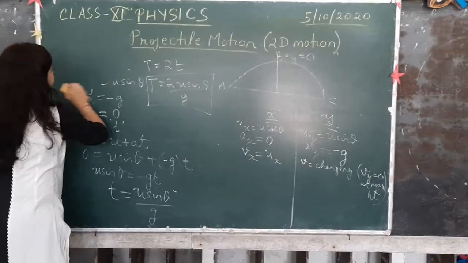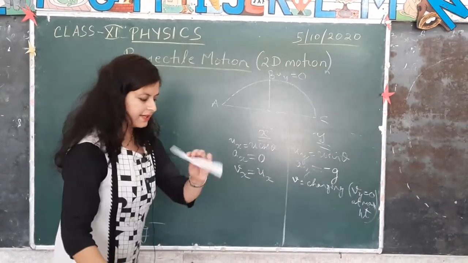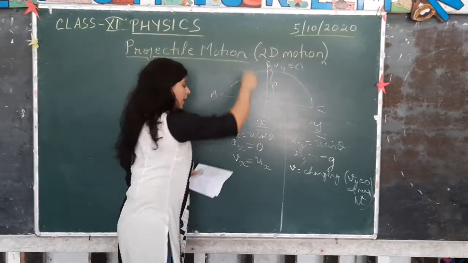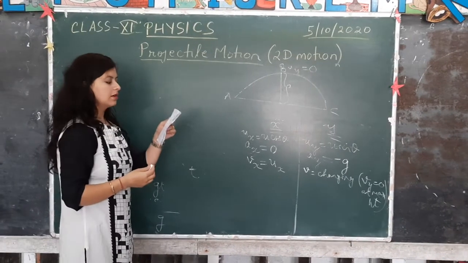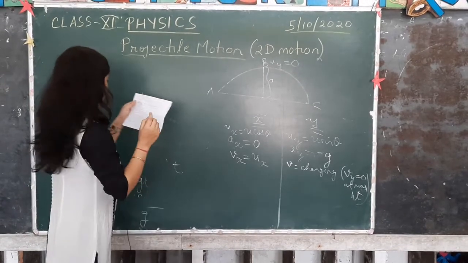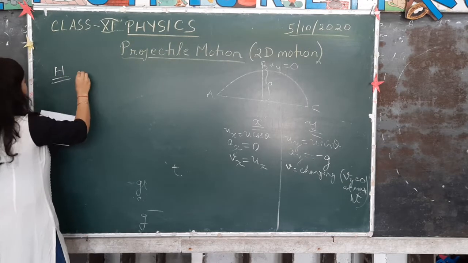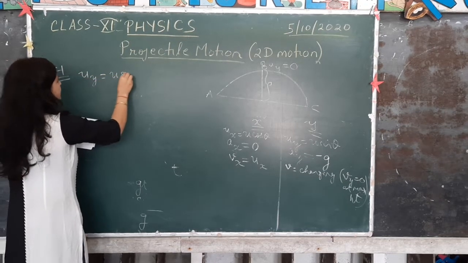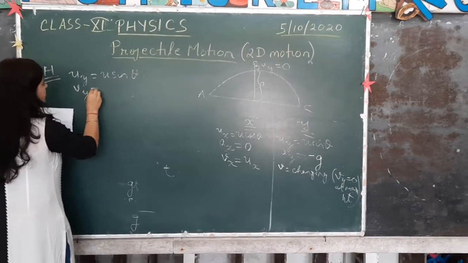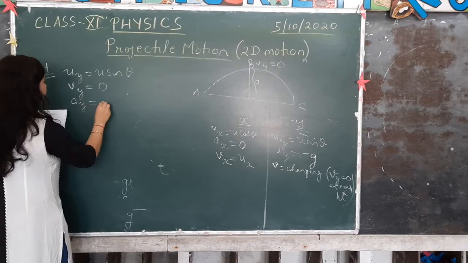Alright. Now we will quickly move on to the second term. The second term that we have to calculate is maximum height. So we need to calculate displacement along the y direction now. So again we have to take motion along the y direction, from A to B again. Now maximum height h. Again initial velocity is equal to u sine theta. We are taking the vertical direction here. Velocity at the maximum height, that is B, is equal to 0, and acceleration is equal to minus g.